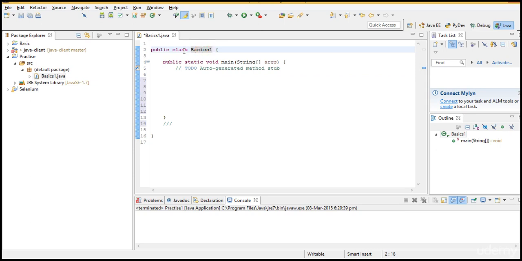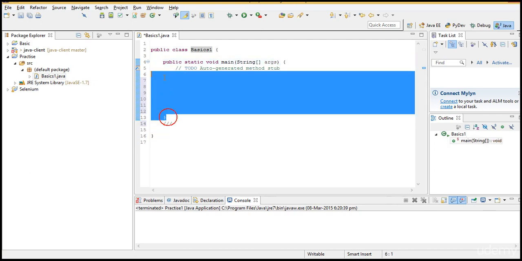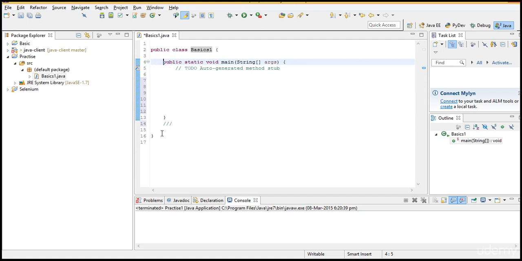So that's the reason I'm saying public class basics1. I'll talk about this later, what is public and all, but for now I'm just making you familiar with the outer structure. So we will be writing the code in these braces, but execution will be restricted to this main block only. Fine. Then you might be getting a doubt.